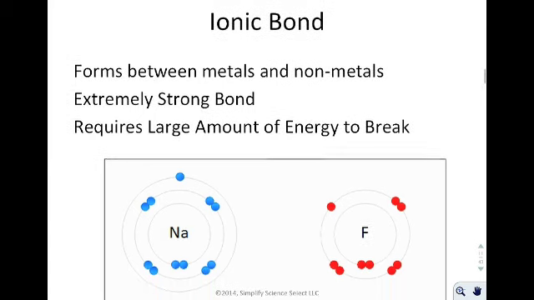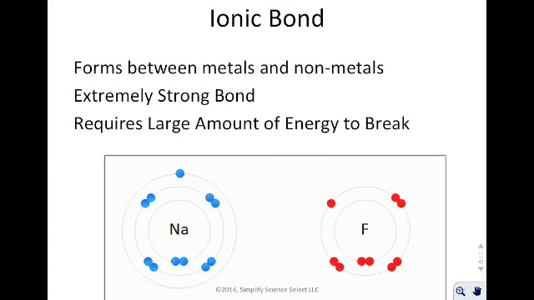Now, the ionic bond generally forms between metals and nonmetals. Everything that's in group 13 to the left is considered to be a metal. Everything that's in group 15 to the right tends to be a nonmetal. Now, like we said before, this is an extremely strong bond, and therefore it requires a large amount of energy